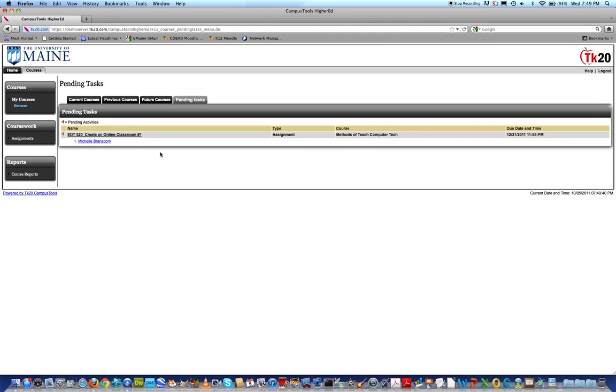After you click on "You have pending tasks in courses," you will notice that you have a student that has uploaded an artifact. The student will be listed after the assignment name, and underneath that assignment name the student will be listed here. 1, and then the student name, then 2 if there is a second student in your class that has uploaded, then 3, etc. Click on the first student name,